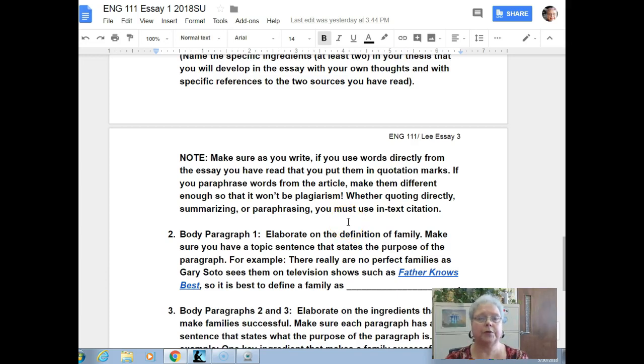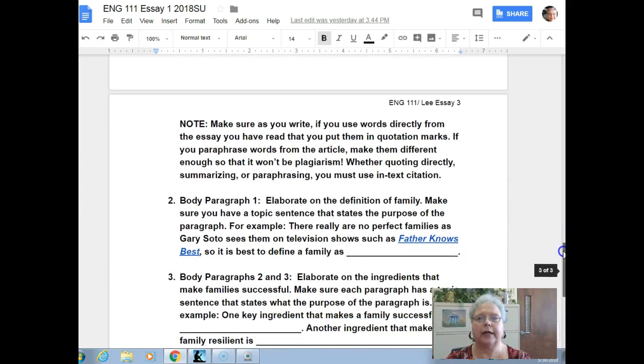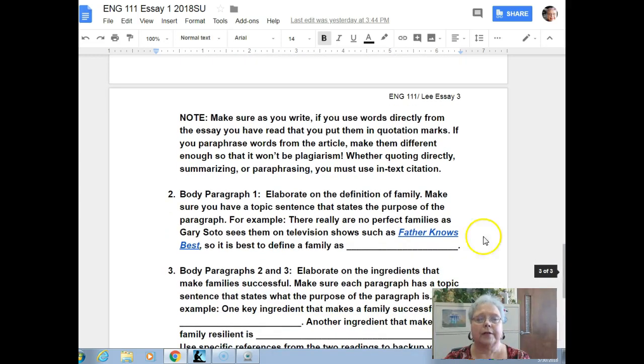If you're going to use the exact words, put them in quotation marks. If you want to put them in your own words, make sure that your own words are different enough that you're not just saying what the person said again. So be careful about that. And whether quoting directly, summarizing, or paraphrasing, you must use in-text citation. Again, you can look at that on the sample essay that is in the